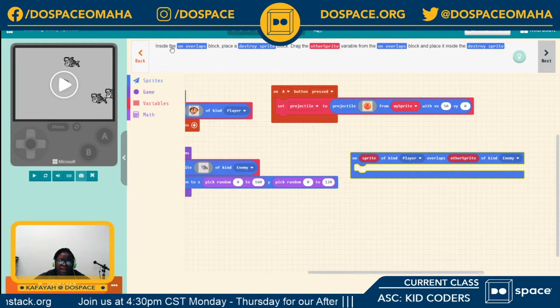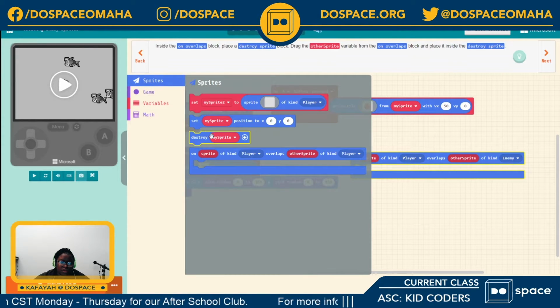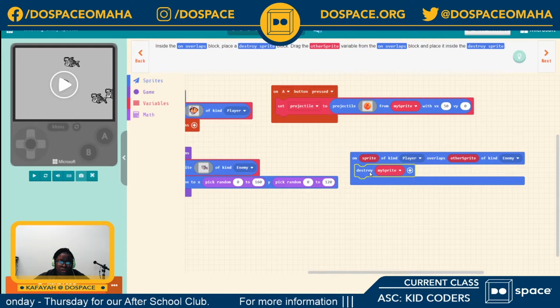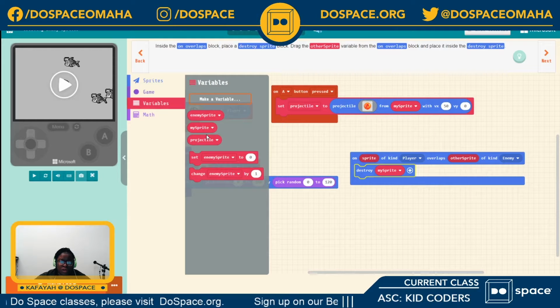Next, inside the overlaps block, place a destroy sprite block, and okay, let me do that first. Destroy. Drag the other sprite variable from the on overlap block and paste it into destroy. Okay, other sprite.